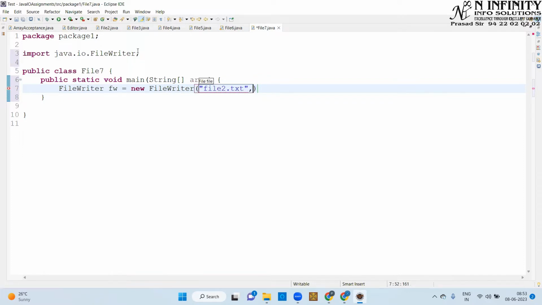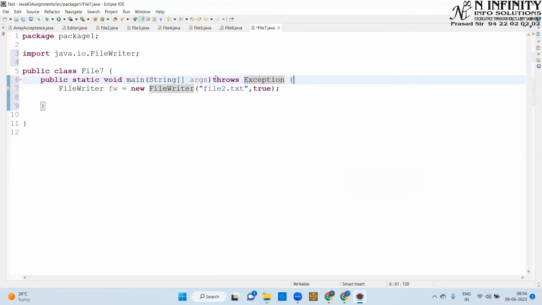Okay, followed by, when you want to perform the append operation, you need to mention true after the file name, so that if the file already has some contents and is present on the disk, then a new file is not created, and in this case the existing file will have the append operation performed on it. So here, with respect to the exception, we'll go on declaring the exception, throws